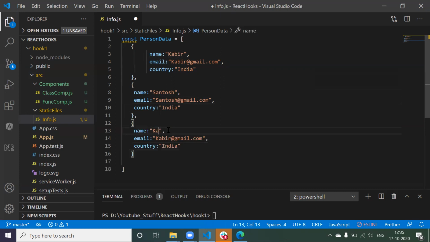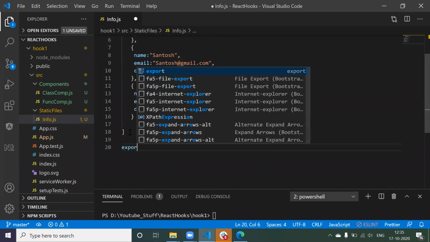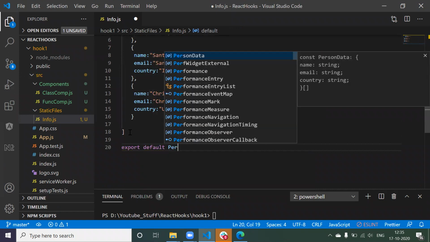The name will be Krish, and he is from USA. So let me create one more object. Let it be only 3. Now I want this object to be exported, right? So for that, export default, and you have to give personData.